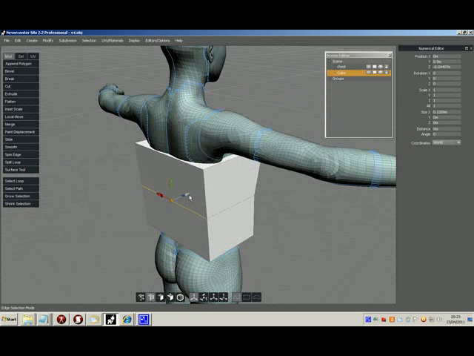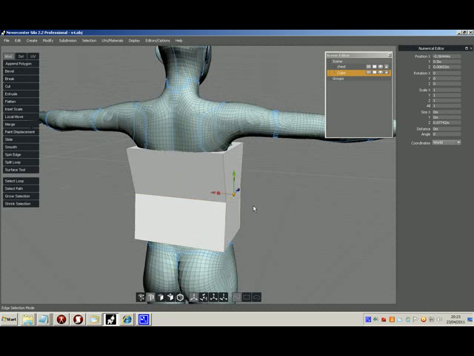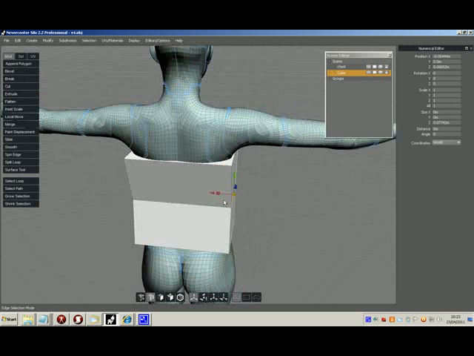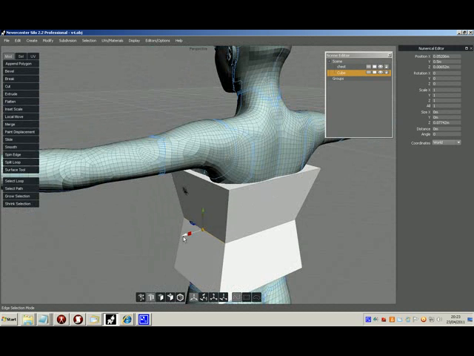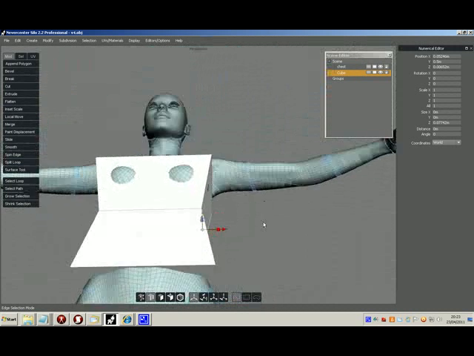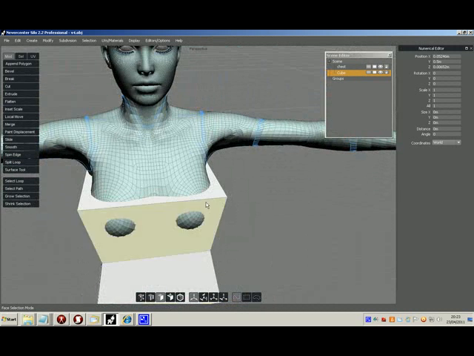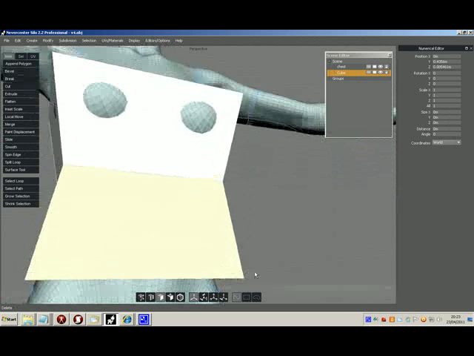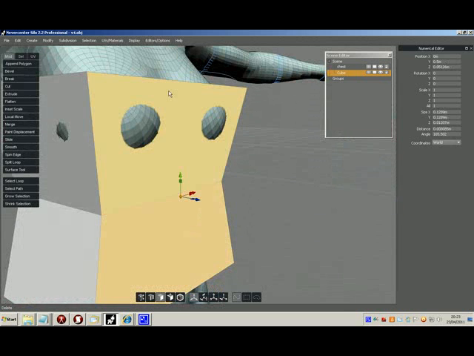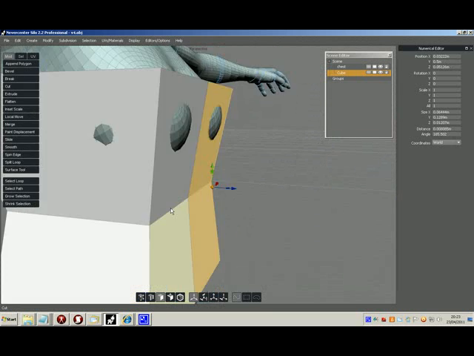Obviously the more geometry you have, the more needs to be moved. It's one of the reasons to keep it as low as possible, because the more geometry you have, the harder it is to keep consistent. Okay. Now I'm not going to need the top or the bottom polygons, so I'm going to delete those out. But I do want another line down the centre, so I'm going to select both those polygons and press X,